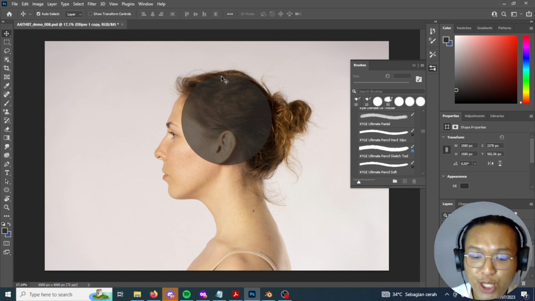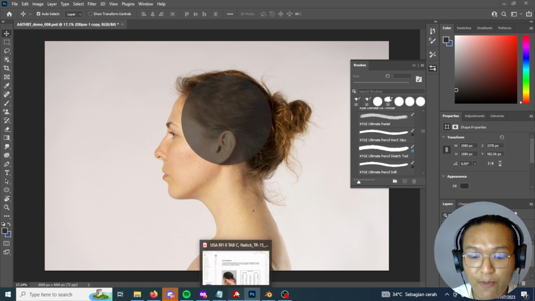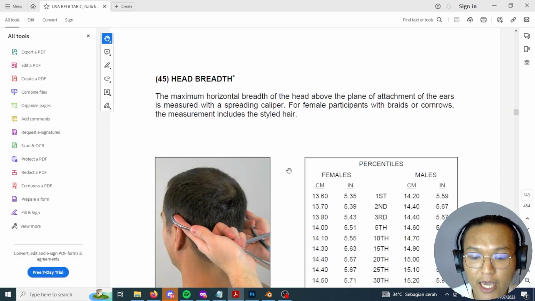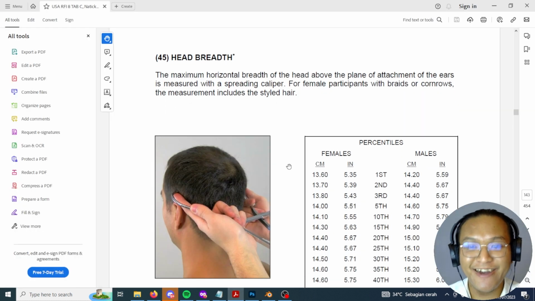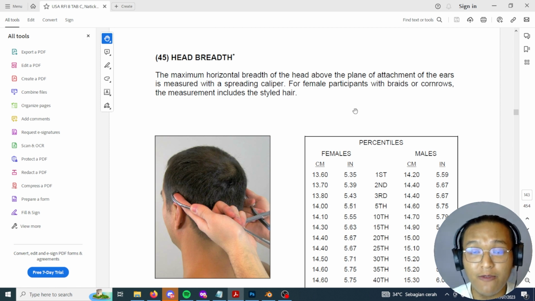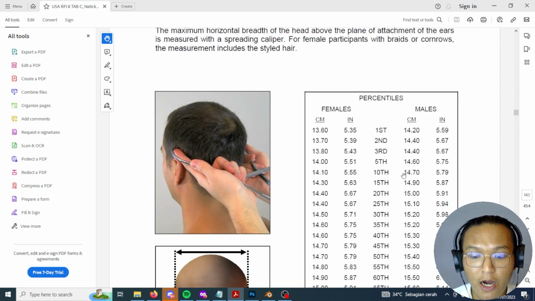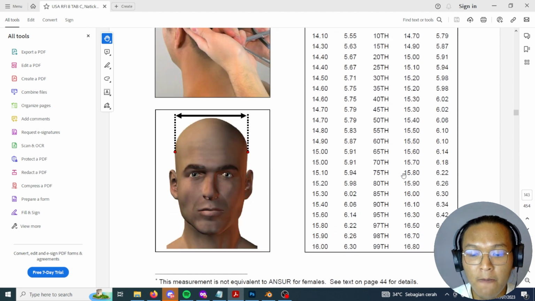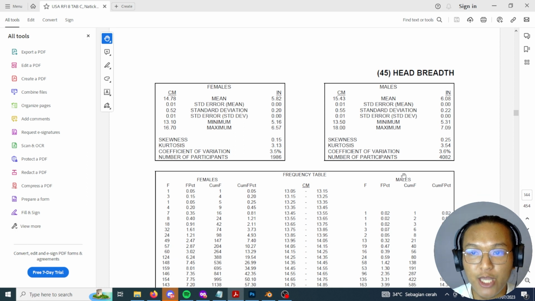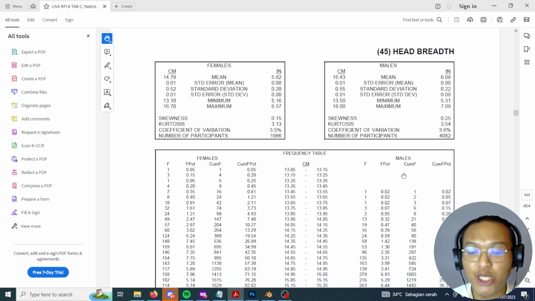So let's go back to our paper, right? In case you have no idea how to read these statistics, it's okay. I'm going to explain it later. So this is how it looks. It looks like percentiles. We don't need it right now, but if we go one page down, we will see something quite more useful,